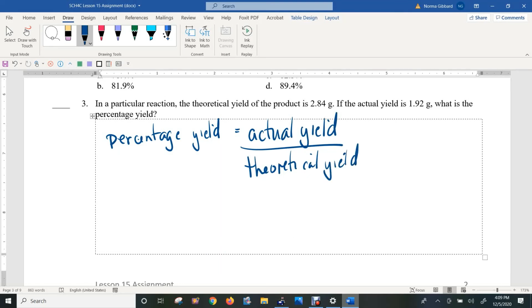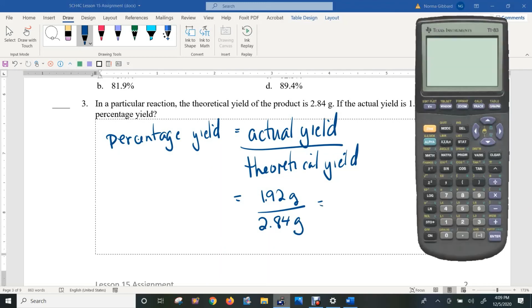Okay, now we are given that the actual yield is 1.92 grams, the theoretical is 2.8 grams. So if we work this out to a percentage with our calculator,